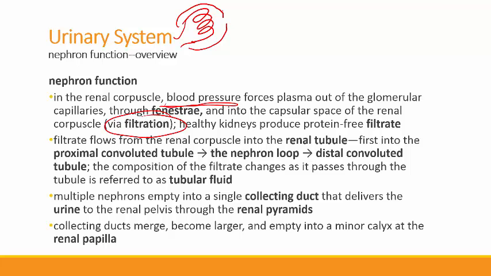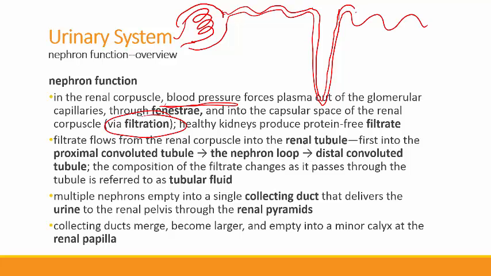The fluid then flows into what's called the renal tubule, which is composed of first the proximal convoluted tubule, proximal because it's nearest the glomerulus, and then it flows down the descending limb of the nephron loop, and then up the ascending limb of the nephron loop, and then into the distal convoluted tubule. And then that distal convoluted tubule dumps into what's called a collecting duct, and there are numerous distal convoluted tubules